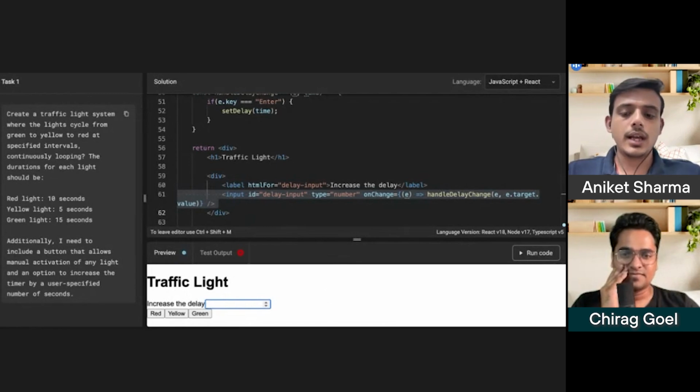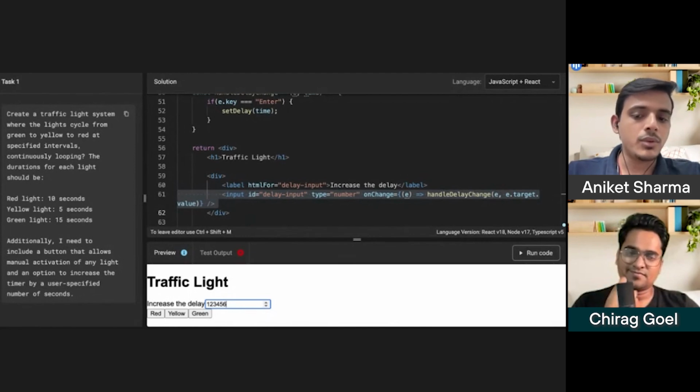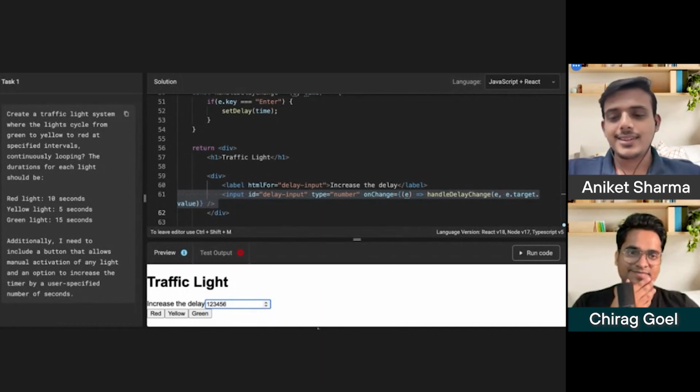If we are typing continuously and I'm not focusing out of the input box, at this time the on change function will get triggered. As I am typing, let's suppose 4, 5, 6, after every key press I move my finger up, releasing it from the button, so I am doing a key up event. What's the difference between on change and key up? Okay, that I need to read more about.